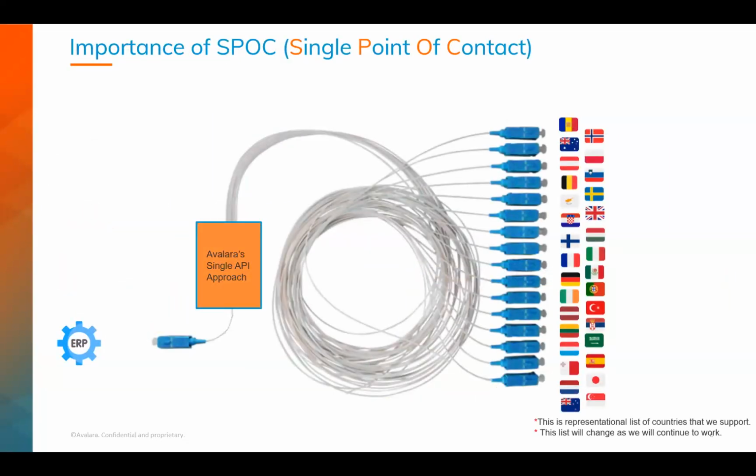Now, let's talk about SPOC, single point of contact. We all are engineers. We often work with different organizations, different teams, and we always prefer to have a SPOC, single point of contact. Why? Because that makes our life easy. That makes communication easy. That makes decision making easy, and we can save our time, energy, and effort to focus on our core business area. Now, in the case of e-invoicing, Avalara's single API is your SPOC, single point of contact for all this complex work, for all the variations of different countries. You just need to focus on your single point of contact.